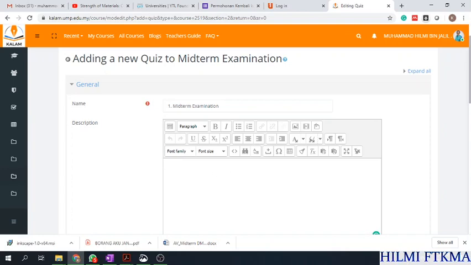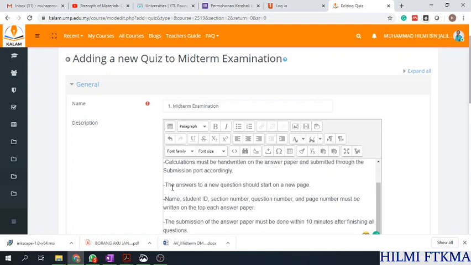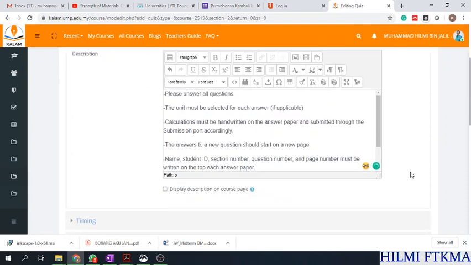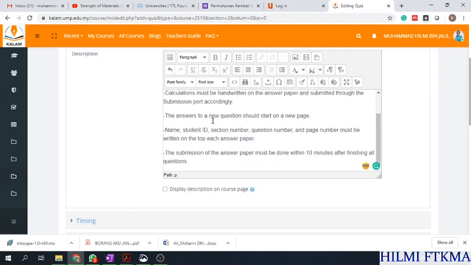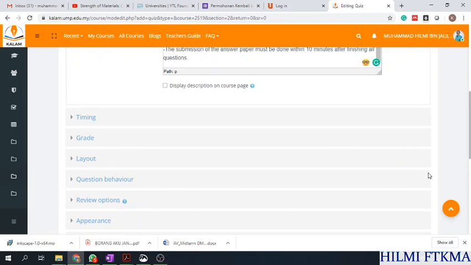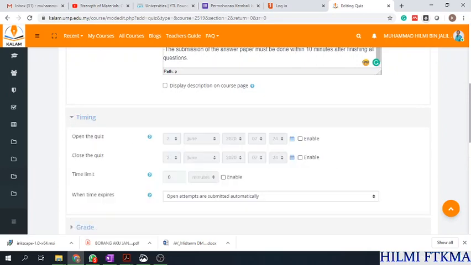And in the description we can add the instructions of the examination. Okay, so these are the basic rules and instructions, so must answer all questions, etc. Now let's proceed to the next setting. We have timing, so we can set the time. Let's say the date is on 16 and we wish to start at 10,